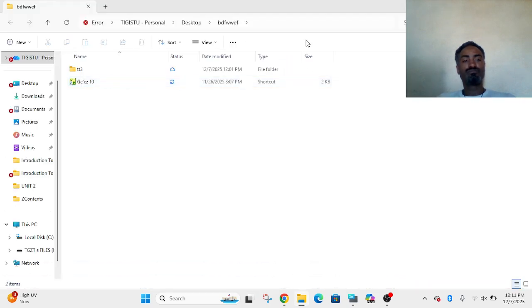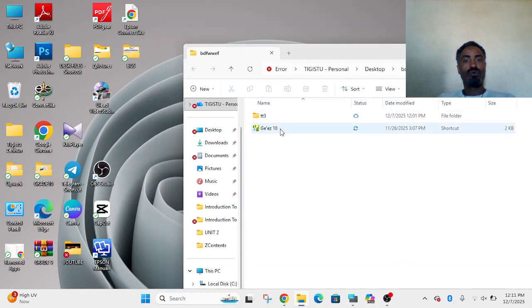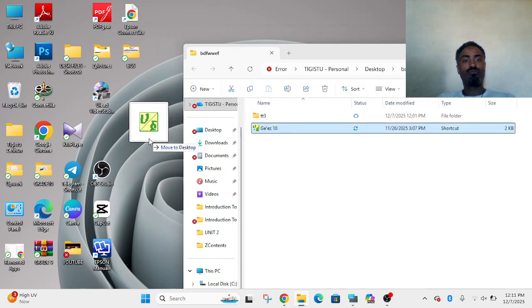Here is an icon for the file. Okay, move again, move again, vice versa.